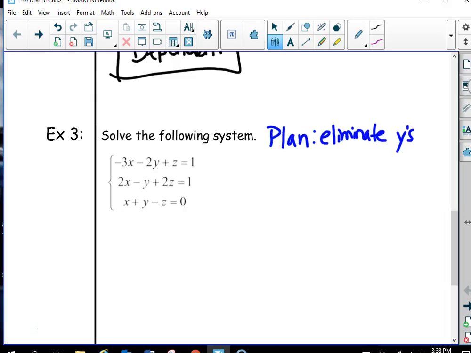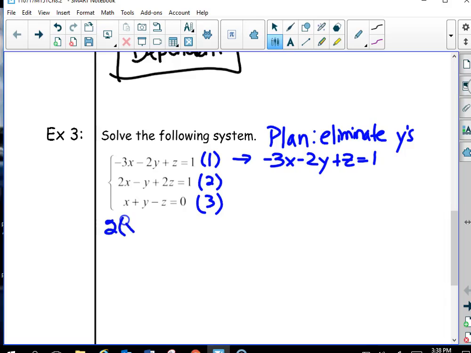And the way we do this is we have to combine all three equations. So the first thing I'm going to do is number them. And if I take equation 1 and I multiply equation 3 by 2, I'm going to eliminate my y's. So let's do that. And I'm going to multiply equation 3 by 2. And I get